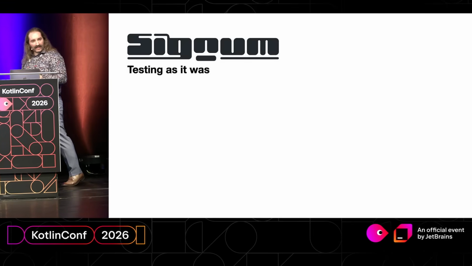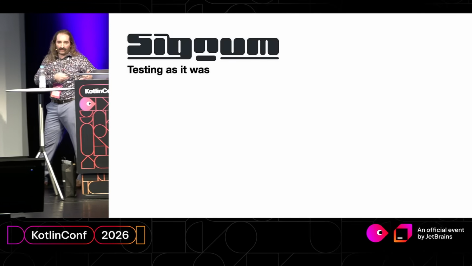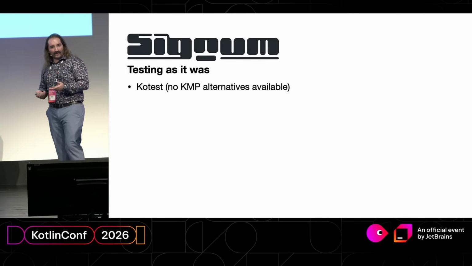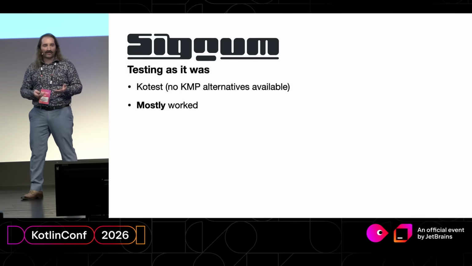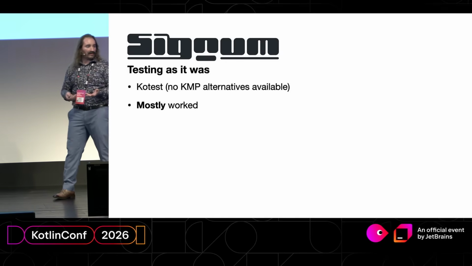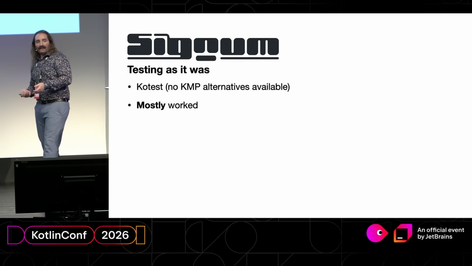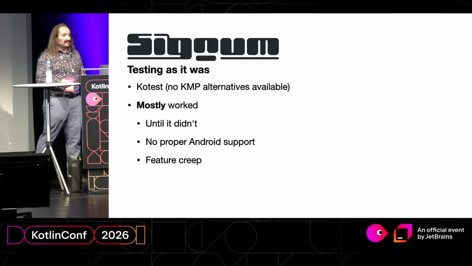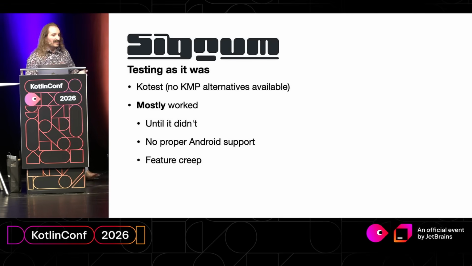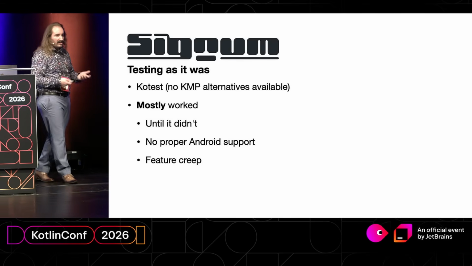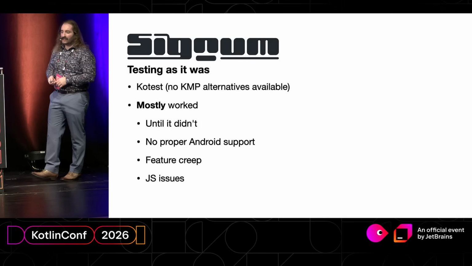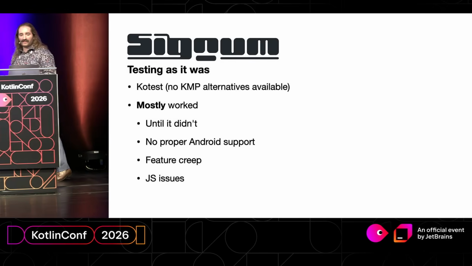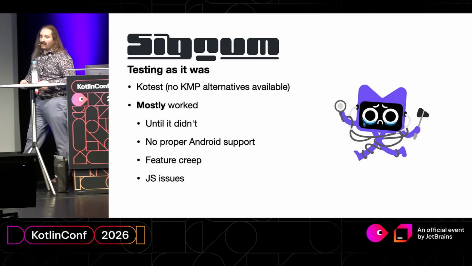So Signum is a bit older than TestBalloon, so how did we achieve those goals for Signum? We were using Kotest for the lack of alternatives, and to be honest, it used to work great, really. So before Kotlin 2.0, everything was pretty much awesome. Until it wasn't, and it still has no proper Android support, and the feature creep Oliver mentioned also is an issue if you want to maintain large test suites and configure lots of knobs. On JavaScript targets, it's not as you would like it to be, so yeah, all in all, not so great